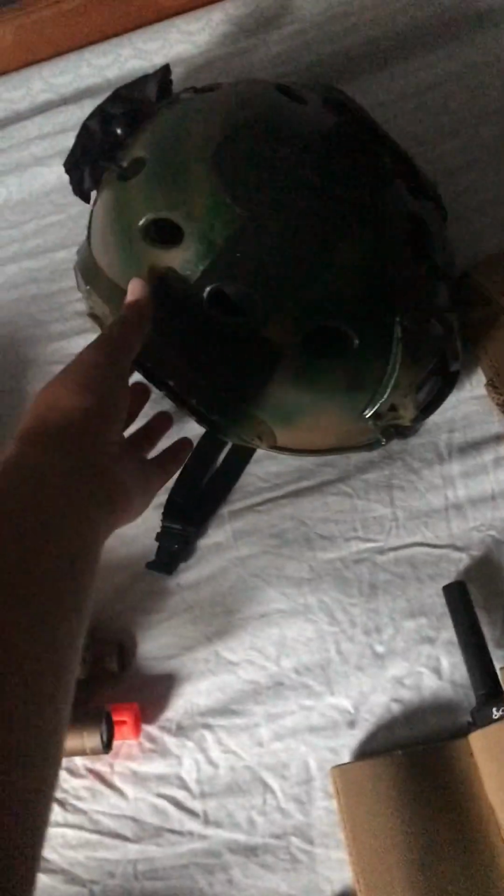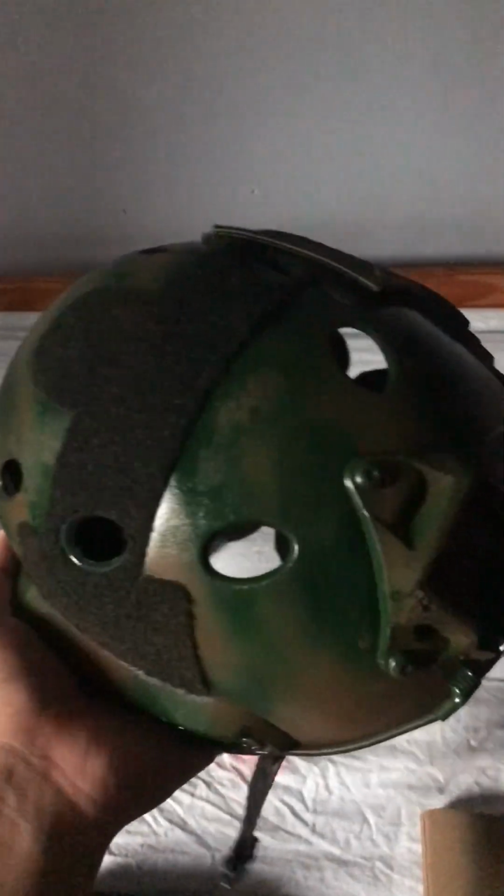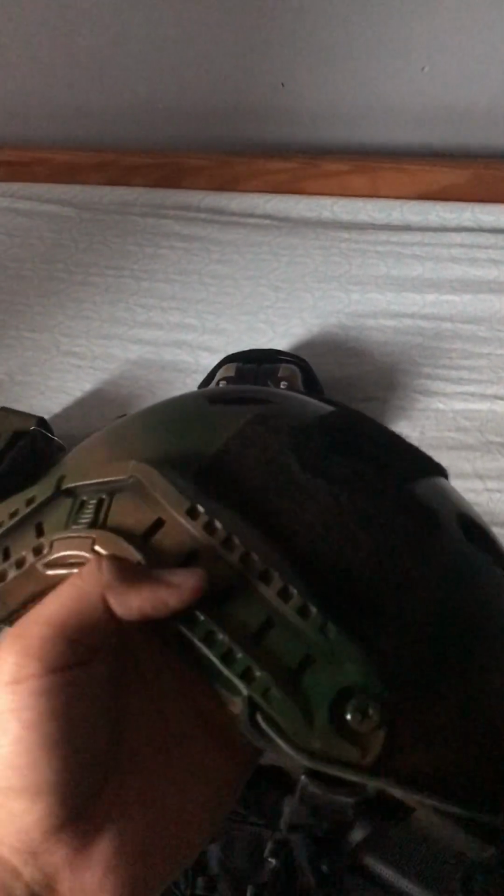Over here is my helmet. I have the little padding on the inside. It's taken out of the middle for my Earmors to fit on nicely, because sometimes I will wear a hat, so I haven't bought a mount for my Earmors on these. If I do get another pair, then I'll probably just buy the mount and throw them on here. It's spray painted. This helmet was originally black, and I have a Punisher